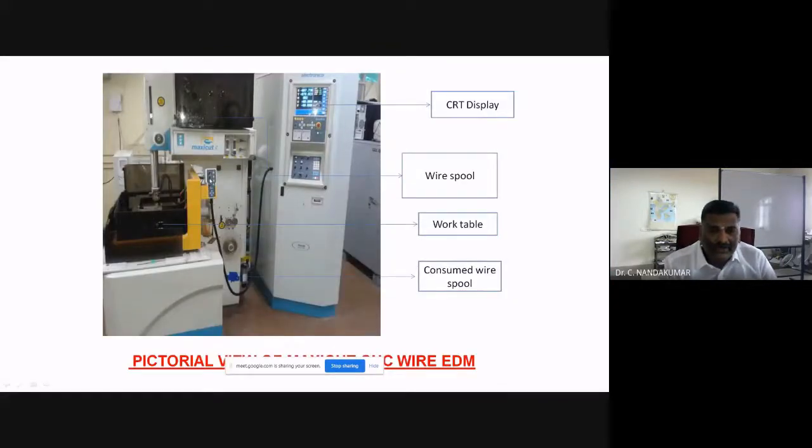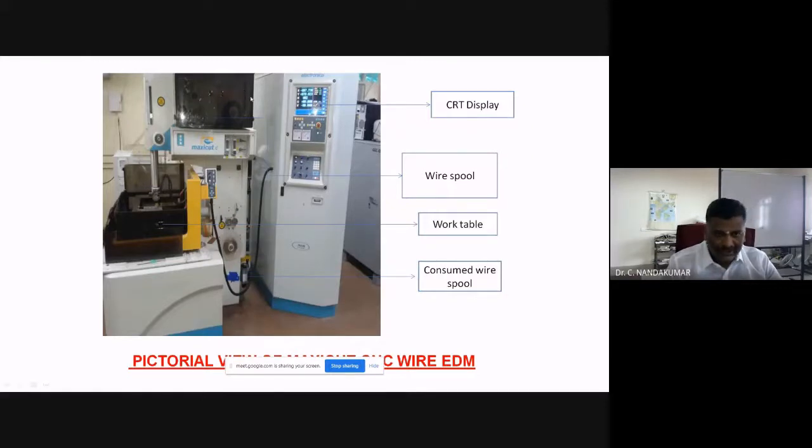So here we have to set the feed and the wire tension, and then the flush rate of the water. This is the entire thing. This is the numerical part. This is the CRT display. We have to take down the stored programs, and